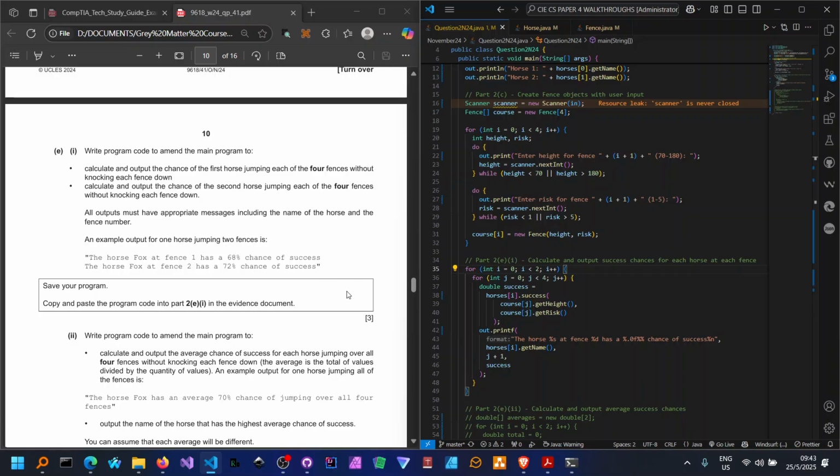For instance, the inner loop is now going to iterate for each fence. Then for each horse we are going to calculate the success. So we are calling the success method on each horse, and in each particular instance we are now taking the course specified, that is the fence that we are calculating. So we are calculating the fence's height and the fence's risk. Then after which we are going to output